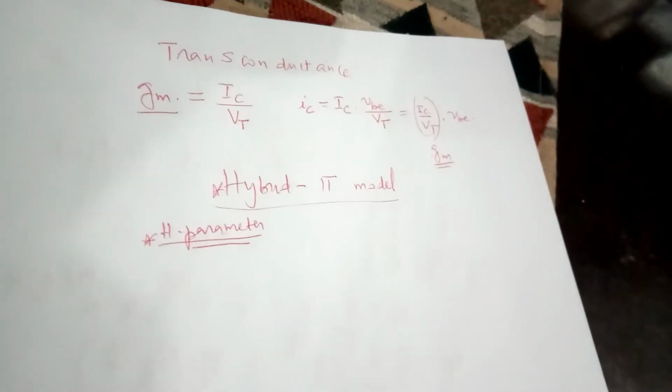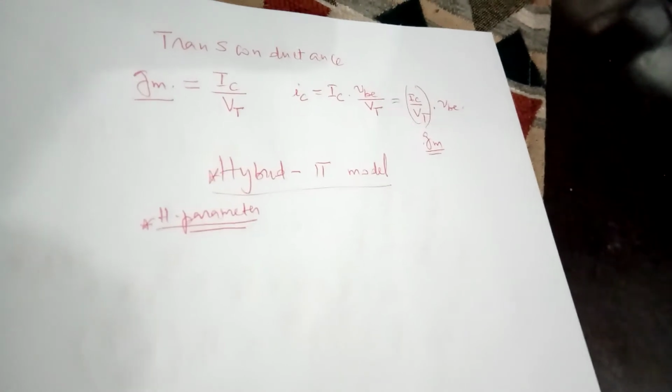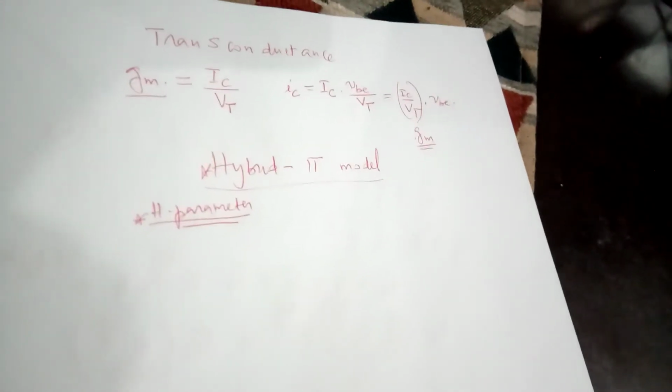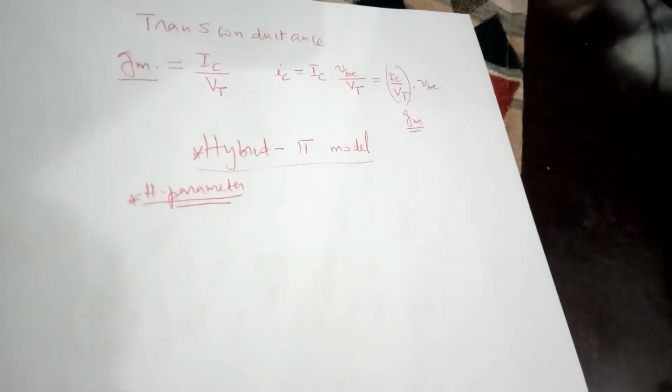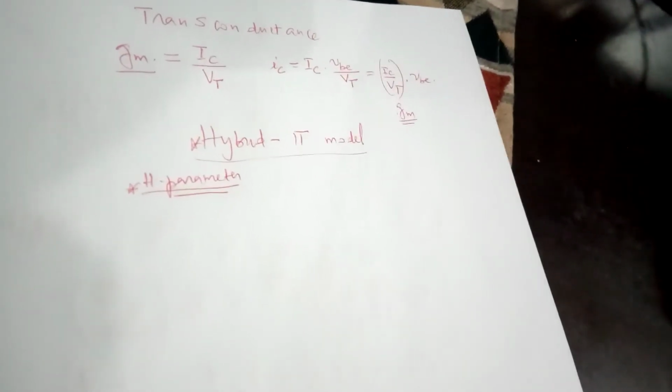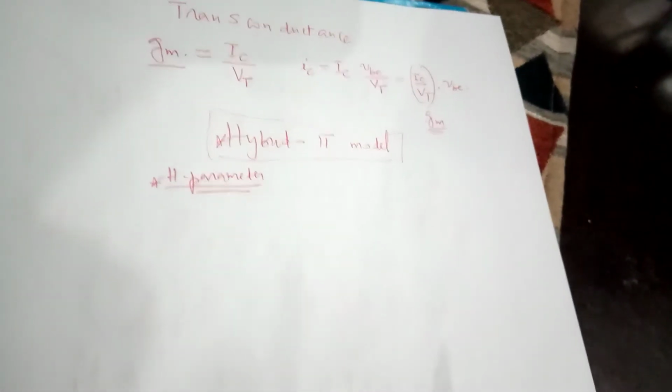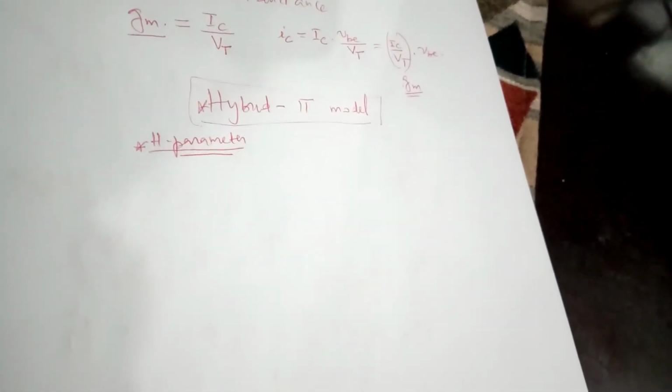We're gonna introduce H parameter, but with the only objective of showing you how to convert from H parameters to hybrid pi. So should you be given a problem in H parameters, you should just be able to convert the H parameters, because you'll be aware of them, into hybrid pi model parameters and work in hybrid pi. So our focus is on hybrid pi. That's what we're studying in electronics 2. Okay, so now when it comes to hybrid pi models,